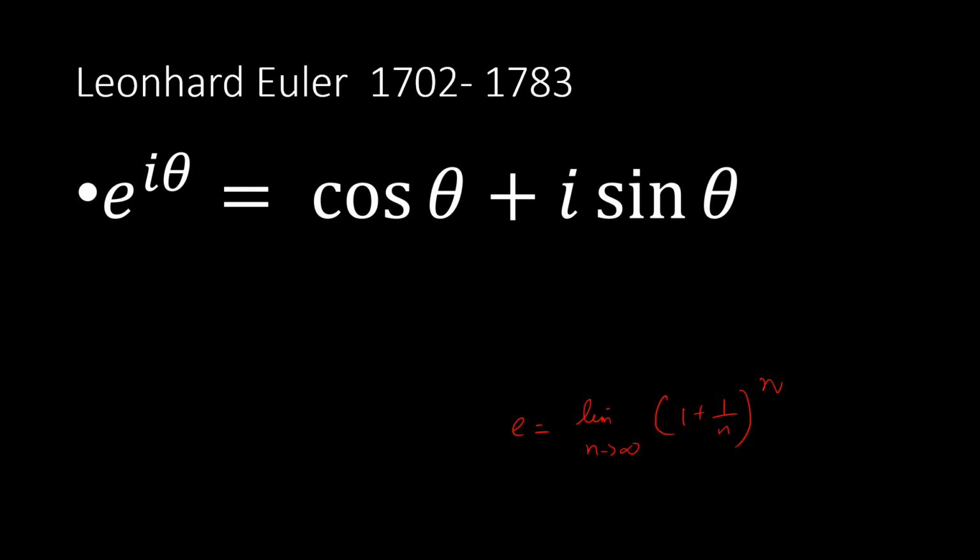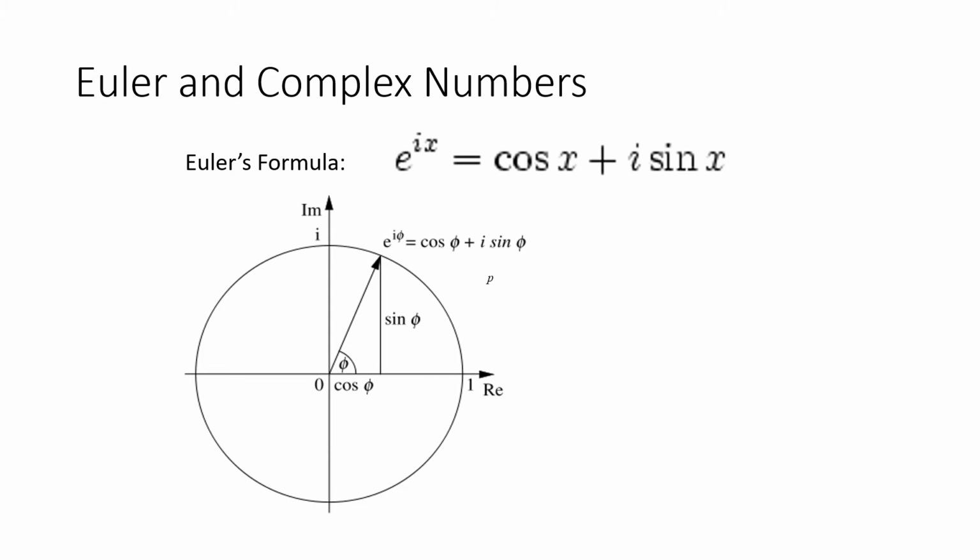Now Euler, who lived from 1707 to 1783, expresses this as e raised to i theta equal to cosine theta plus i sine theta, which is a complex number. In fact, Euler was a son of Bernoulli's friend, and that's the reason why Bernoulli encouraged Euler to explore more on mathematics.